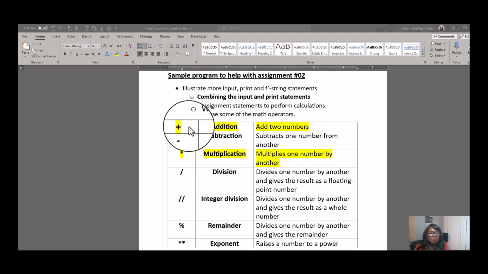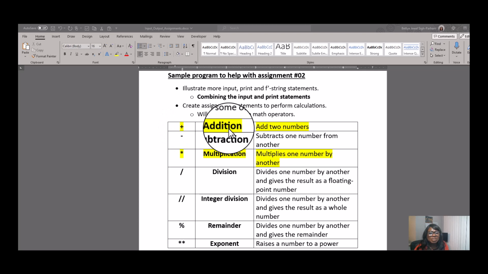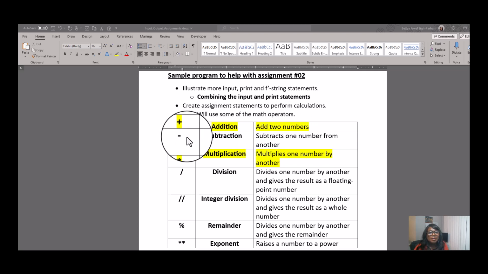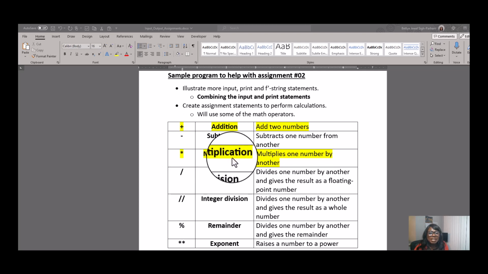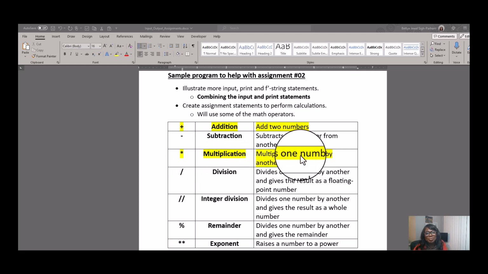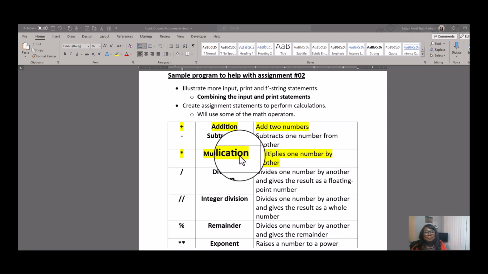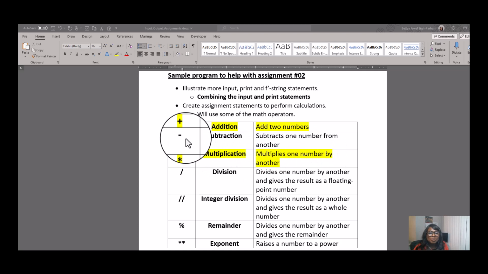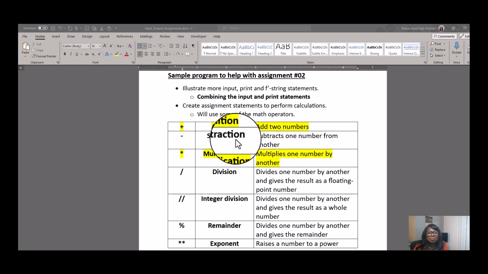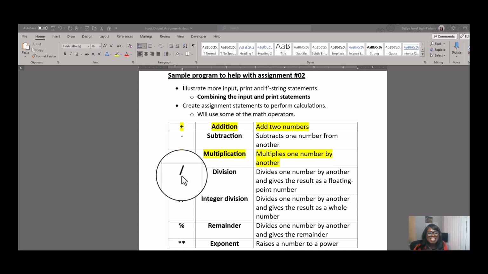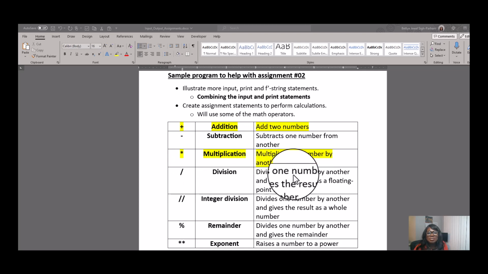Your textbook talked about the plus symbol to represent addition, where we add two or more numbers together. I'm going to be using the asterisk, which represents the multiplication symbol, where you can multiply one number by another. And of course, the textbook talks about the minus sign or the dash, which represents subtraction, where you subtract one number from another. The forward slash represents division, where you divide one number by the other and gives a floating